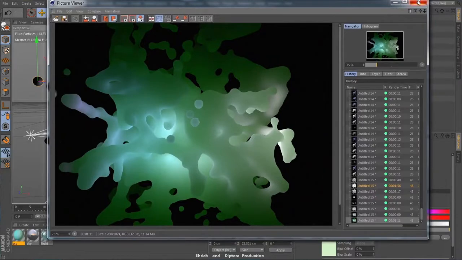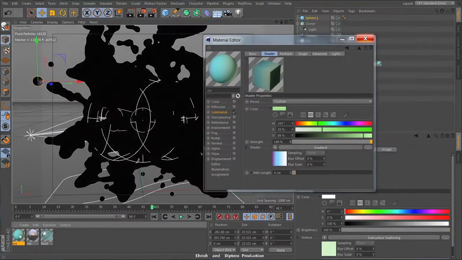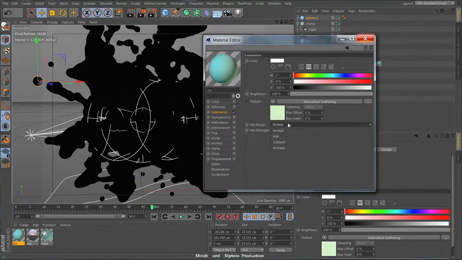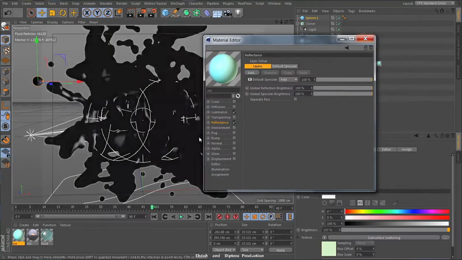All right, so now let's turn this off for a second. Let's look back at our material, and I'm going to make a couple more changes here. Let's turn this to multiply, and that will give us a little bit more brightness. Let's turn this brightness up too. And now let's turn on our reflectance,